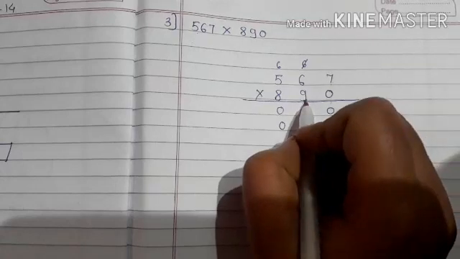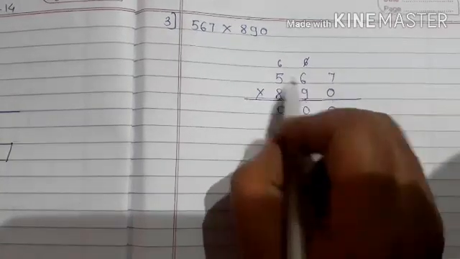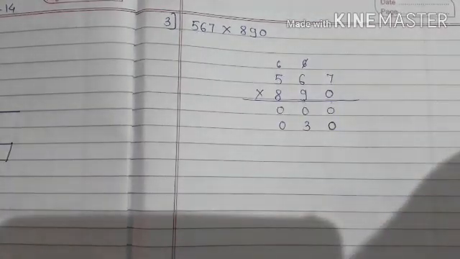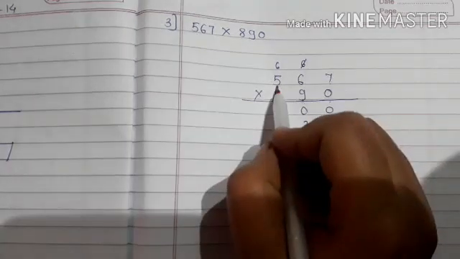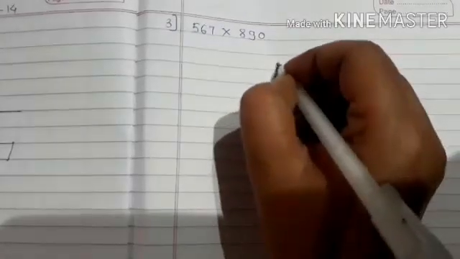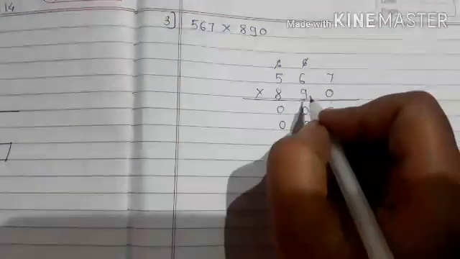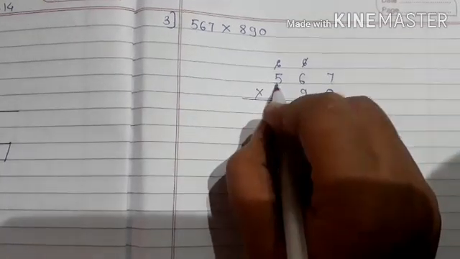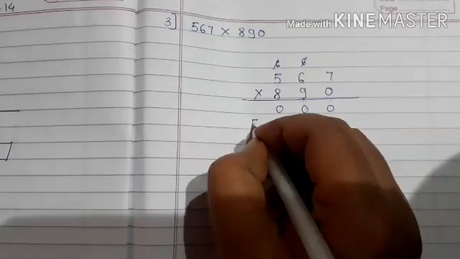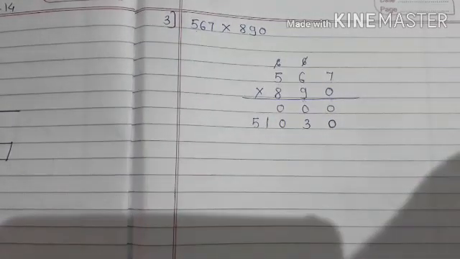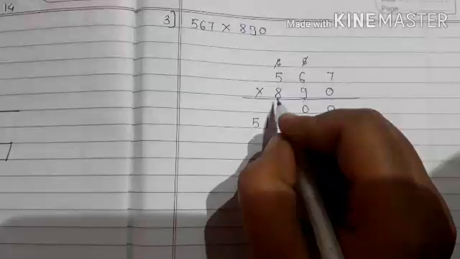Now in the 9 table you have to count up to 5. 9 fives are 45. And in 45 we have to add 6. After 45 count the 6 fingers: 46, 47, 48, 49, 50, 51. So 9 fives are 45 plus 6 is 51. So this second step is over. Now go to the third step.